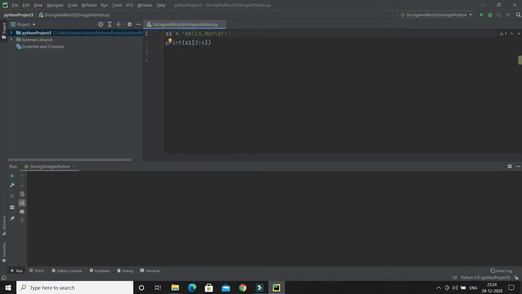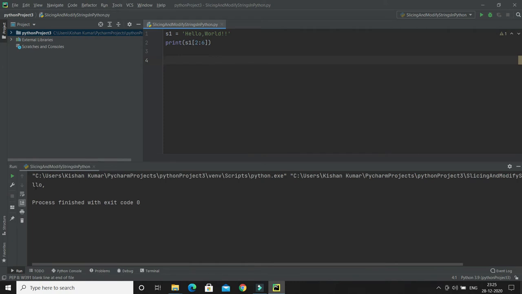A string follows indexing like an array. So the first character, which is h, is available at the 0th index, then first, second, and so on. If you look at 0, then first, then second, that will start from L, then third, fourth, and fifth. Let me show you.